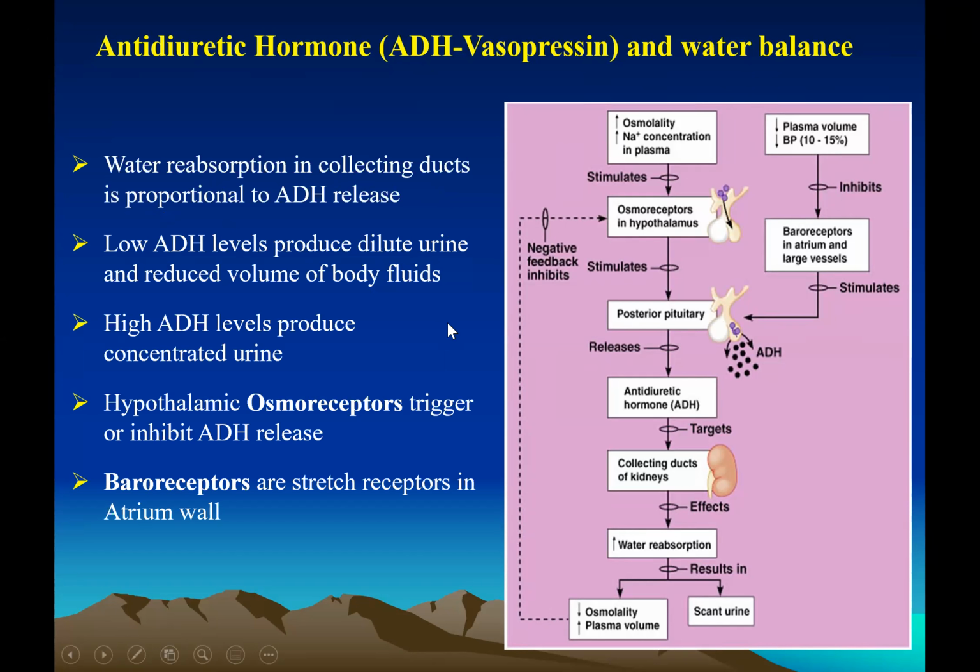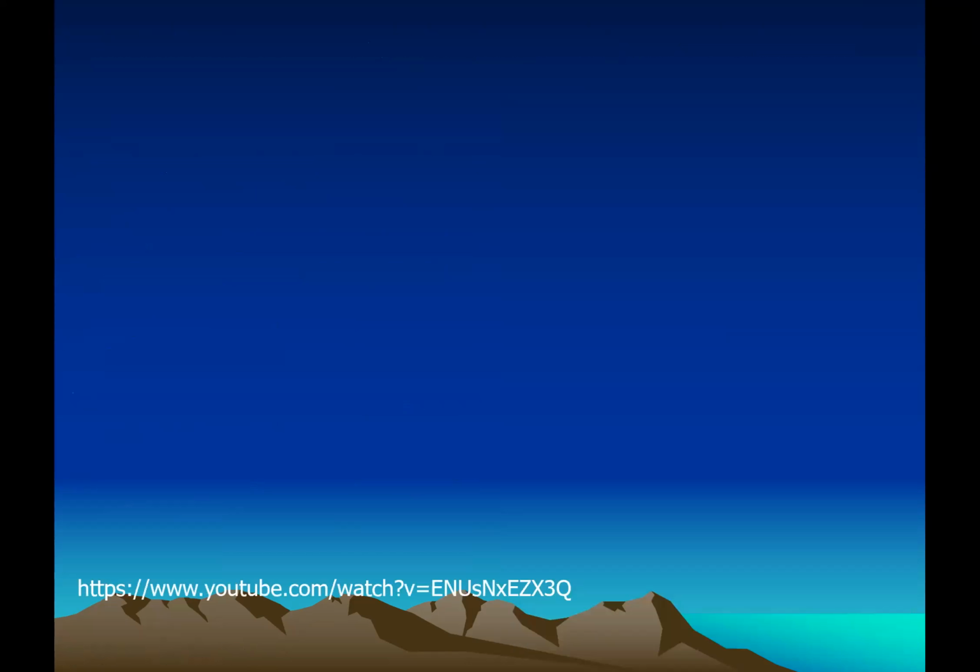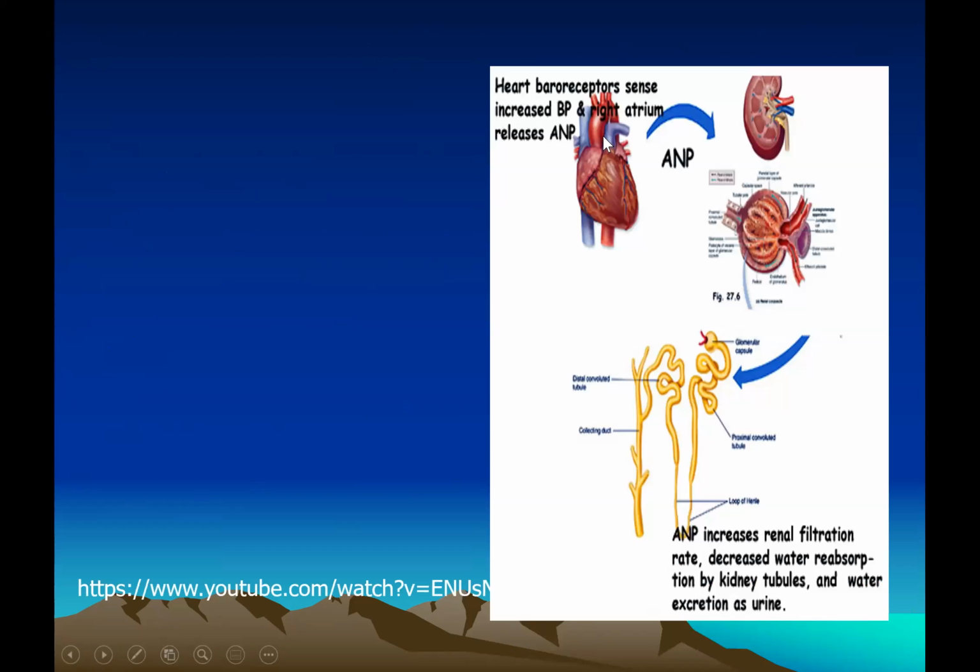Antidiuretic hormone will play a huge role in maintaining the water balance in the body. Because it's absorbing more water in the collecting duct, your urine will be more concentrated. Baroreceptors in your heart atrial wall can also stimulate ADH production. So here in the atrium of your heart, baroreceptors mean stretch receptors. When the blood volume is correct, they will stretch optimally. But if they don't stretch enough, it can trigger